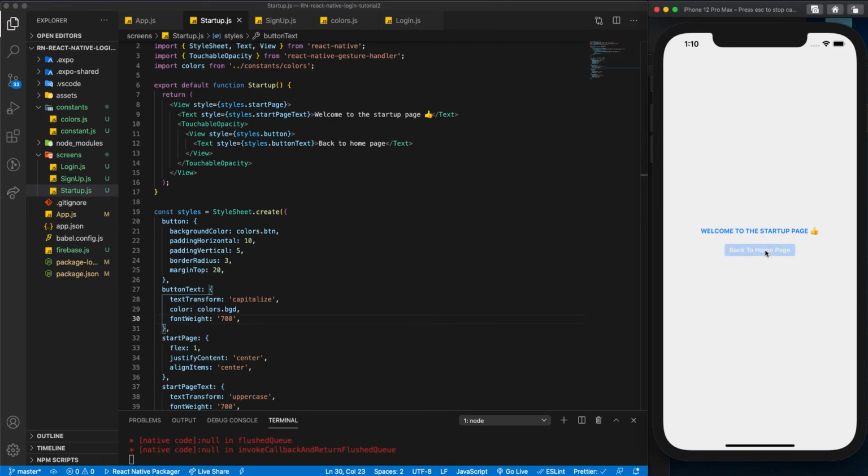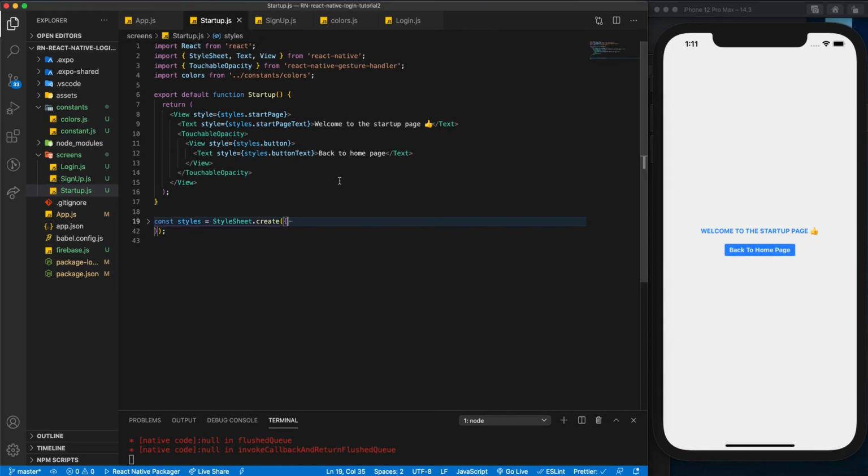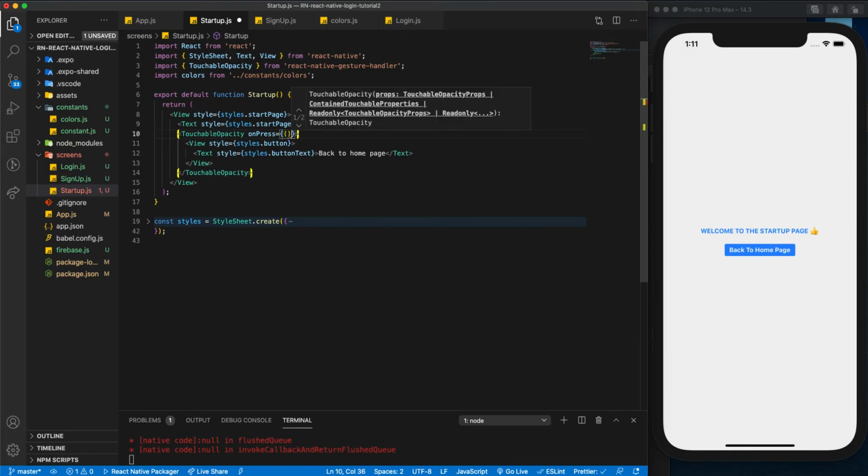But now we have to put functionality to it. We have to make it do something whenever we click it, right? So what we need to do right now is very simple. We just say on press. Now we say, okay, do this. We're going to say it should navigate, right? So we have to put navigation here. We want it to navigate to somewhere. So we're going to say navigation